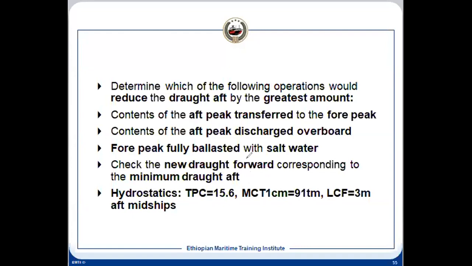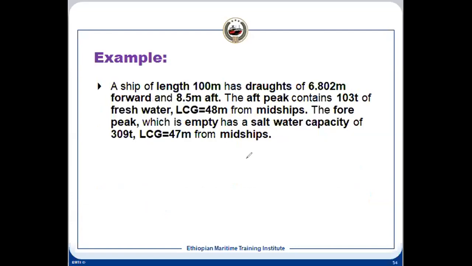It means if we transfer from aft peak to the forepeak, then what will happen? So will there be any bodily sinkage or rise? There will not be, because we have transferred mass within the vessel. But since it is from the aft peak to the forepeak, we have transferred this mass. The mass is given to us, that 103. This mass we have transferred from aft peak to the forepeak. Then what will happen? There will be a trimming moment.